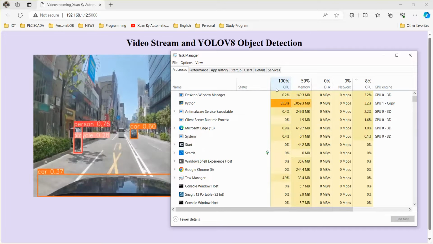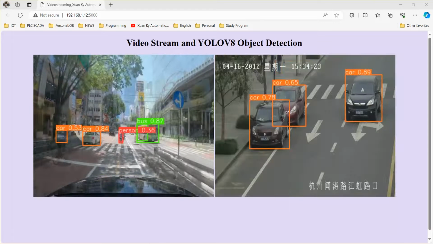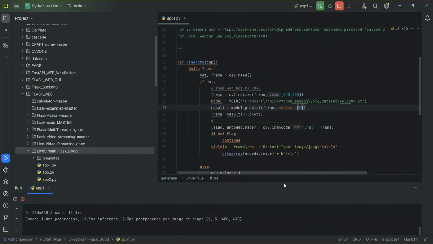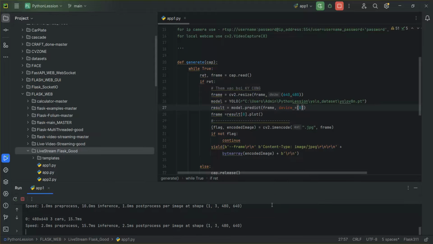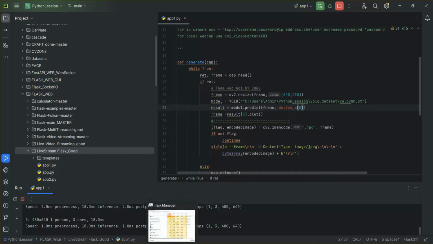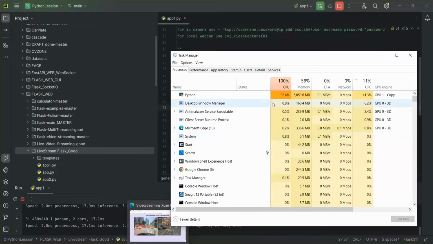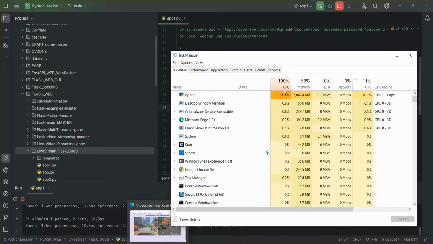I will explain it later. Okay, here is the application, and I will explain it in detail. Let me open the resources while running with this POST method. So you see the CPU and GPU resources take too much. So it actually cannot be used in production. So this is for learning